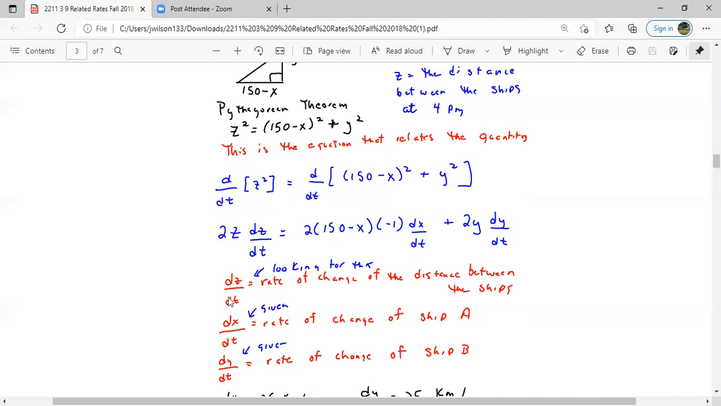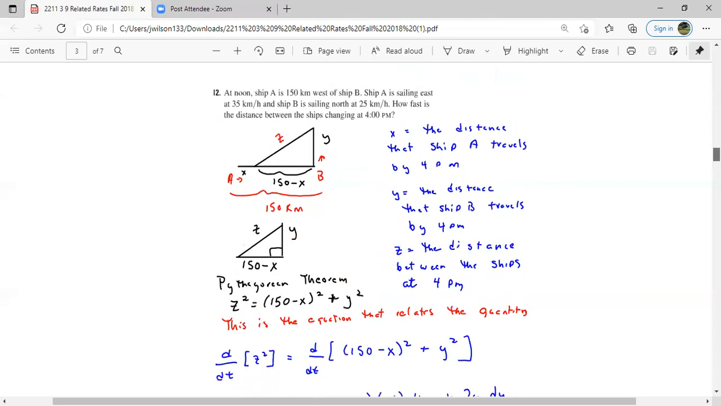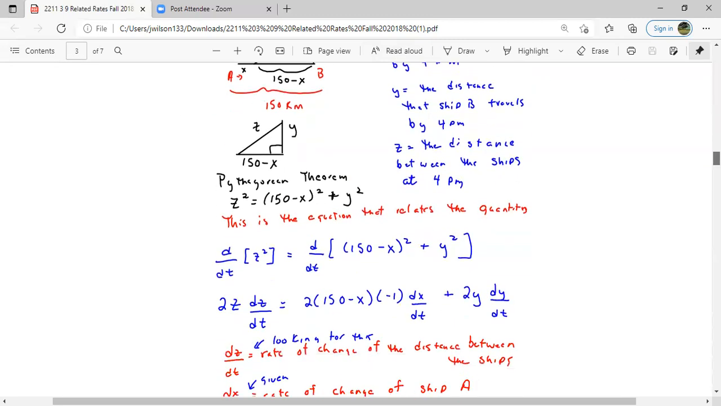Now we're looking for dz dt. That's what we're looking for. We were given dx dt and we were given dy dt, because that's the rate of change of ship A. And this is the rate of change of ship B. The problem told us how fast ship A is sailing east and how fast ship B is sailing north. So